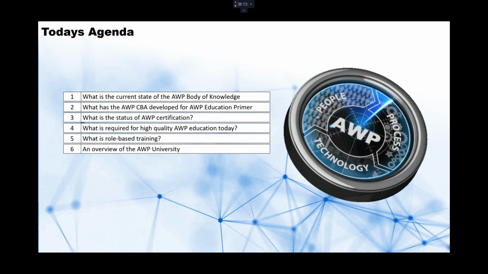Then I'm going to go into a bit about the AWP University. We like to call it a newly formed company on a lot of very long, older IP, if you will, meaning that we're building on the knowledge of SMEs that have been doing this for 20-some years each, and have been training for a long, long time in the industry. And I want to talk to you about this new exciting company that's been formed for that,